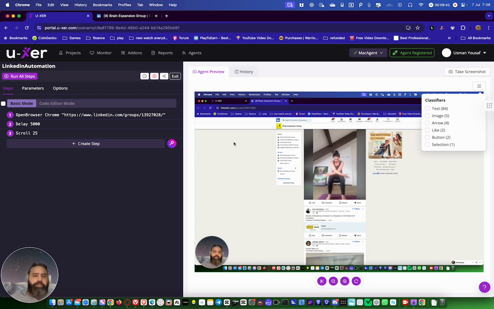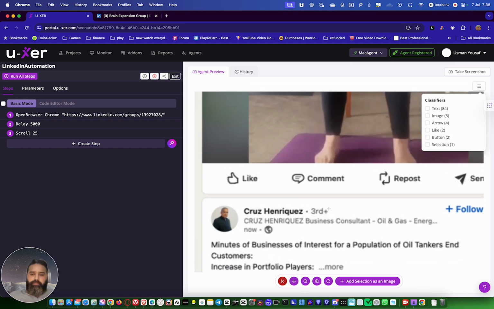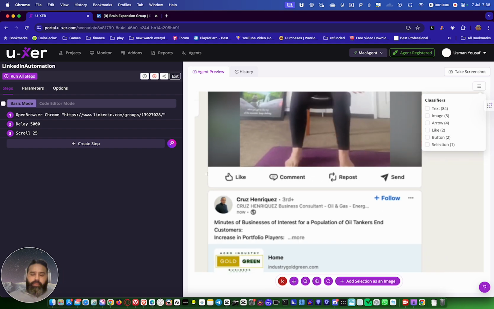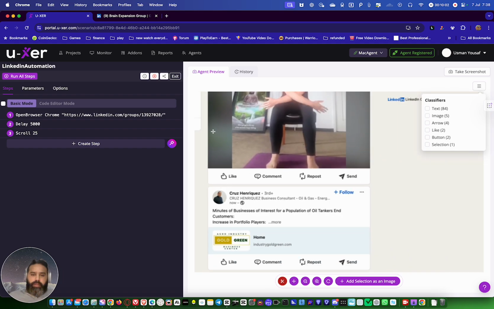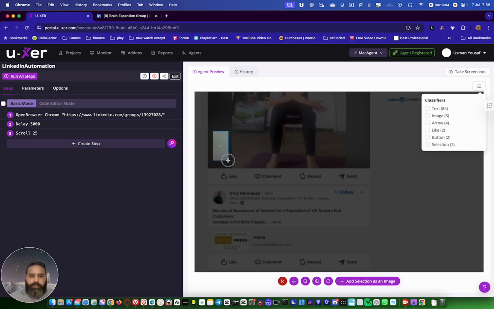Now, we're gonna teach the user where to click. So the first step we're gonna do is press the cursor and then we press the square button, the select button, and then we zoom in. Okay. So now let me show you one thing. If I click here, see that plus icon?